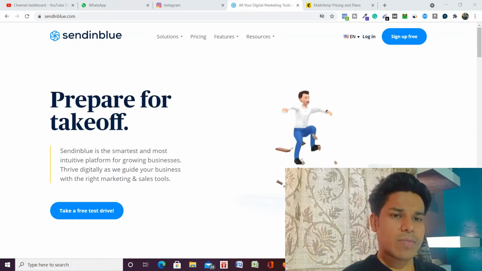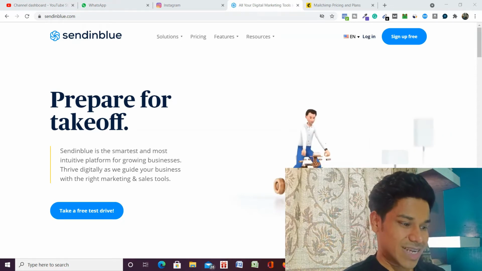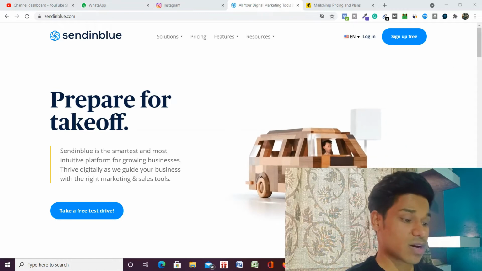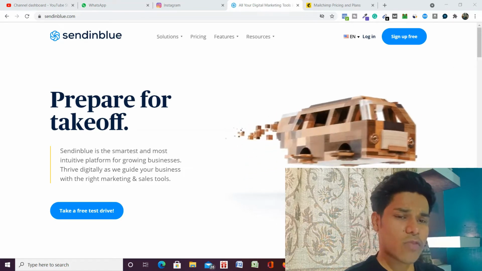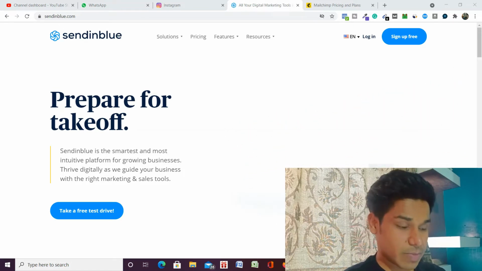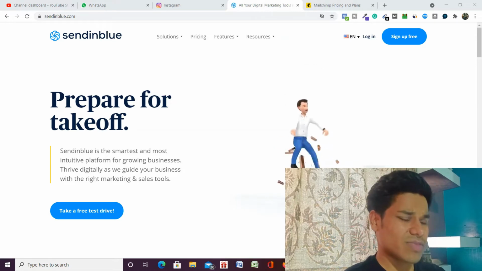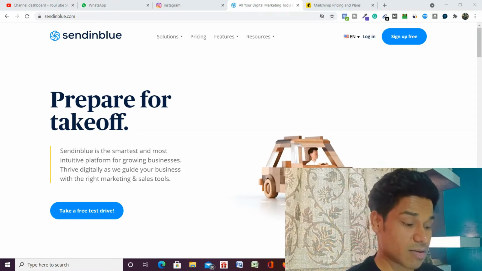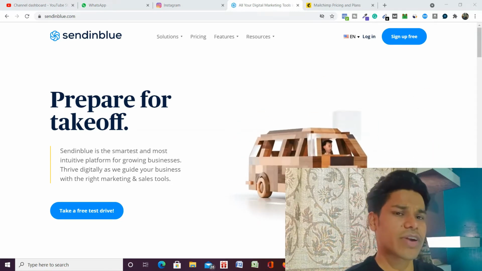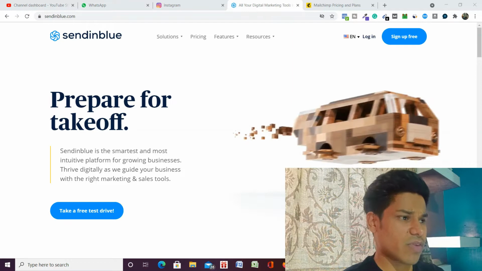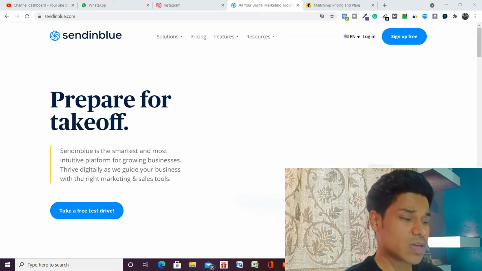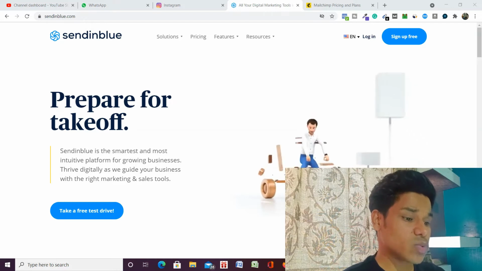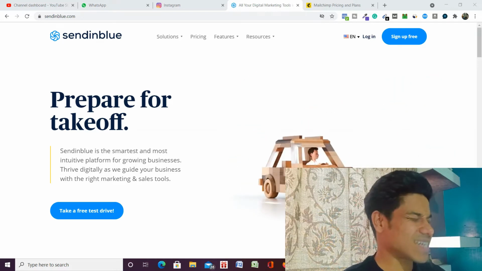So this is the email marketing software I was talking about, Sendinblue. I will give the link in the description so you can click on that and come to this website. This is the software we're going to use for our email marketing, and this one is one of the best. I have been using this email marketing software for the last 1 year, and I use it for all the different campaigns which I run on my website, where I send cold emails or e-commerce emails. I use this email marketing software extensively.